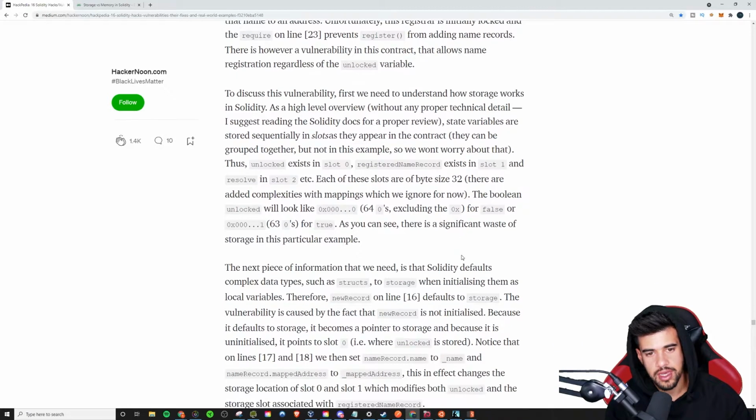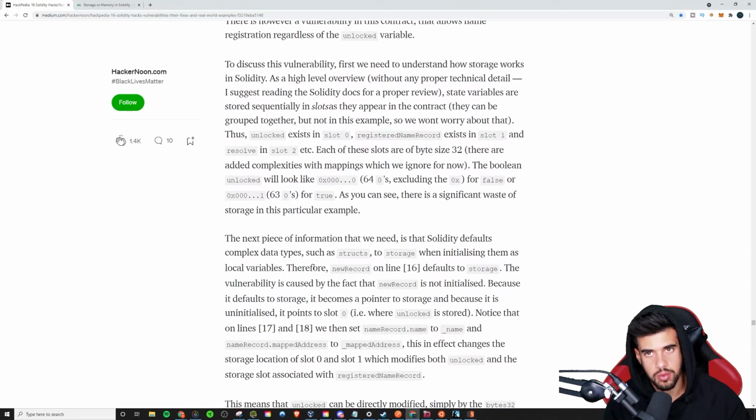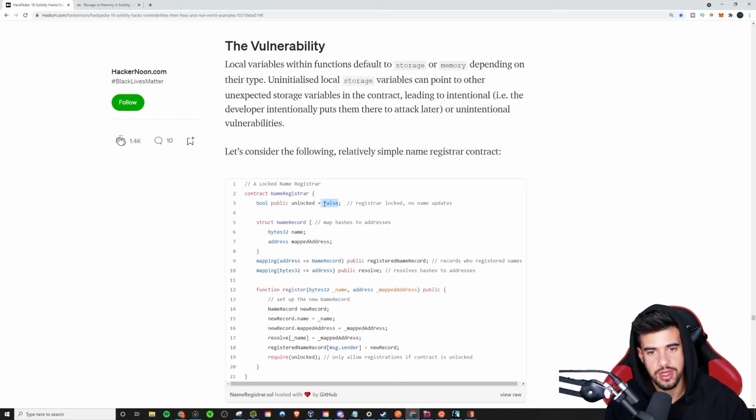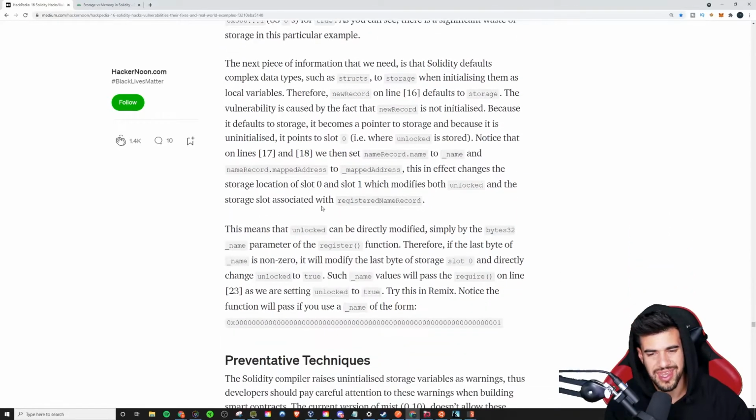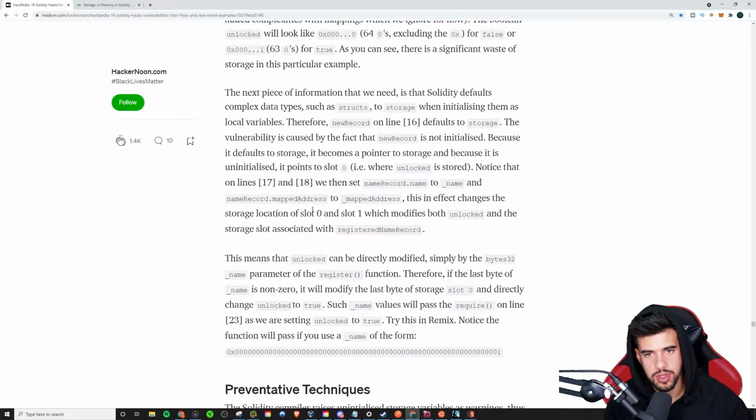As you might imagine, 0 corresponds to false and 1 corresponds to true. As it so happens, because of the byte sizes, you'll have 64 zeros for false and 63 zeros followed by a 1 if it's true. So we can use this to actually manipulate this, turning it from false to true. It is kind of weird how you go about doing it, but this is what's going on here. So basically,